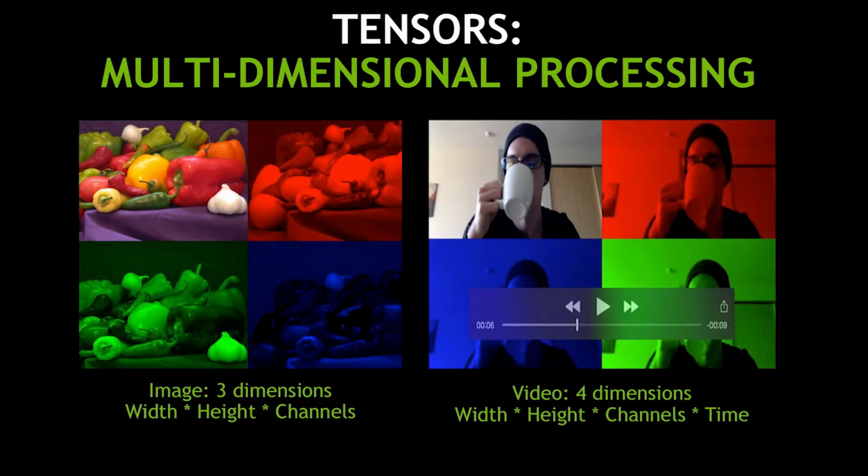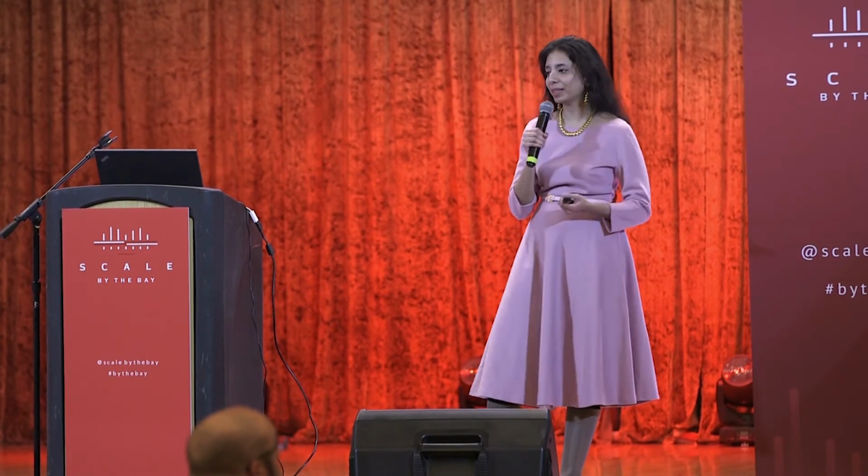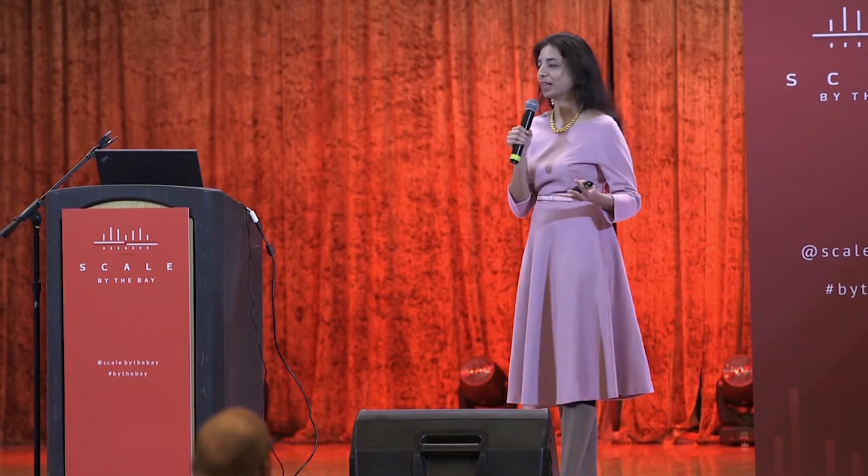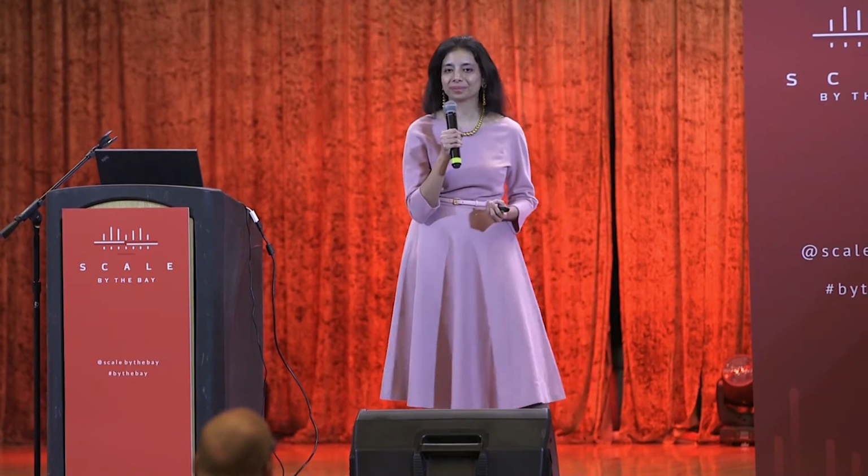So to go a bit deeper into what I mentioned about tensors. Indeed, if you're writing deep learning code, there is an input tensor, right? Your data is expressed as a tensor because you have many dimensions in your data. If it's an image, it's typically 3 dimensions. Video is 4 dimensions, and so on. And as we collect rich multimodal and higher dimensional data, tensors will become even more important. So to begin with, we can think of a tensor as a multidimensional array where you collect the data, right?